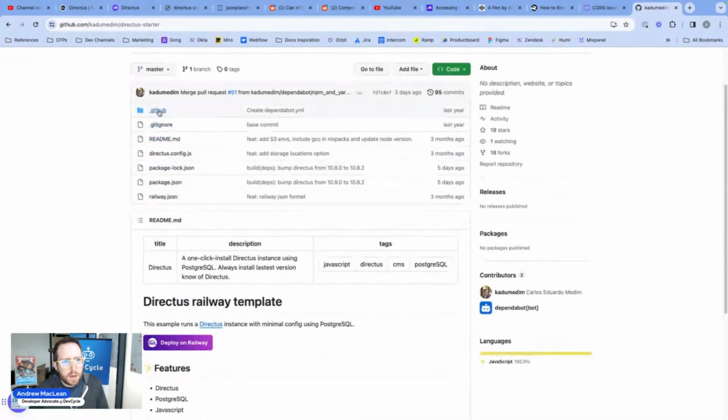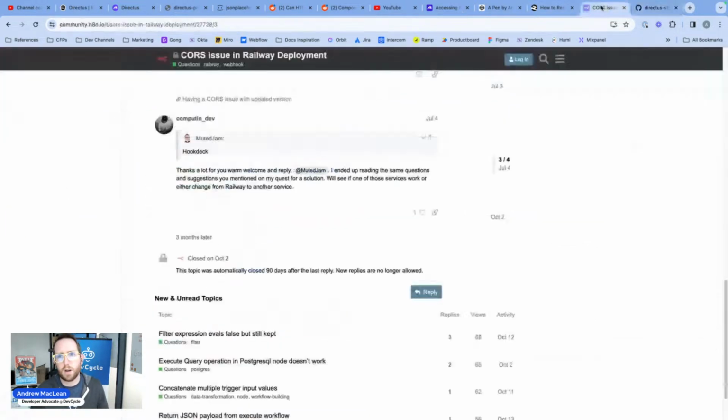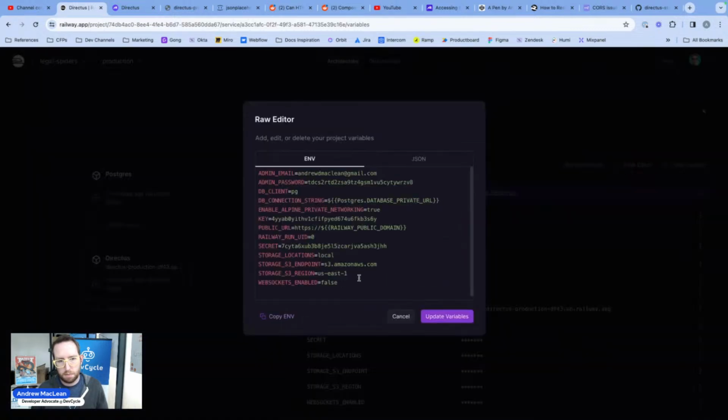Okay. GitHub, Railway. But if I just set it to off, enable private networking, just public URL. I mean,